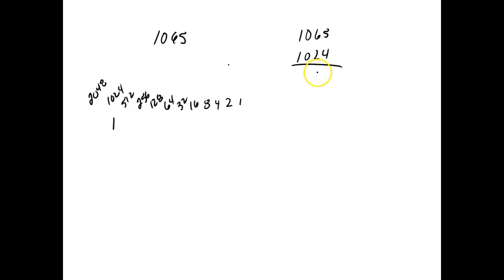We should be able to do that in our head, right? 41. So I can't subtract the 512, can't subtract the 256, can't subtract the 128, can't subtract this. I can subtract the 32. That gives us 9. So I'd say 0, 1, 0, 0. So that's a lot easier. Going to binary is a lot easier than going from base 16 to hex, right? You understand that? So what I'm going to do is I'm going to come over here,